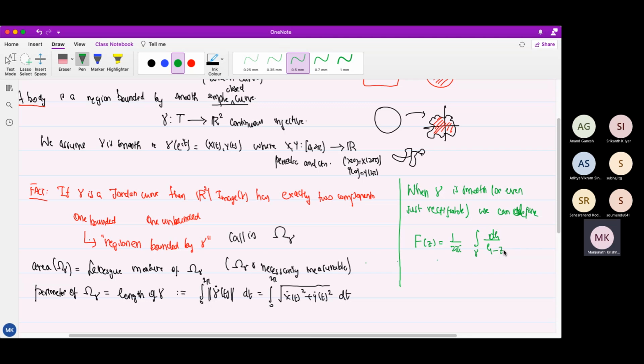If you have seen complex analysis a little bit, then you would have seen this. What is the meaning of this? It just means you take a parameterization. Gamma is a function from t to R2, so we take gamma of t, which is a complex number now, minus z, and d zeta just means gamma dot of t dt. Now it's a complex number, there is no norm and stuff like that. We identify R2 with complex numbers.